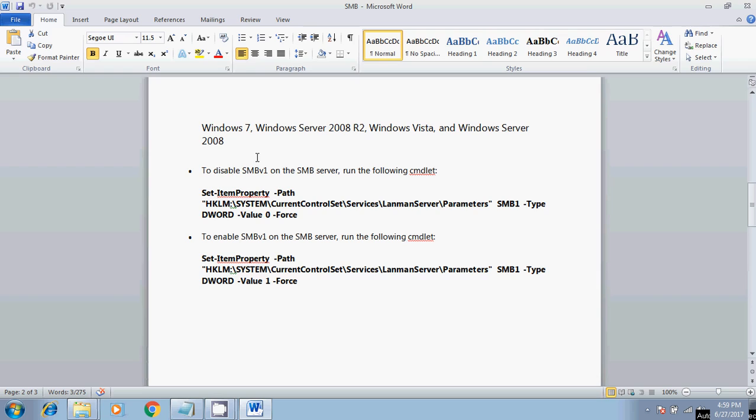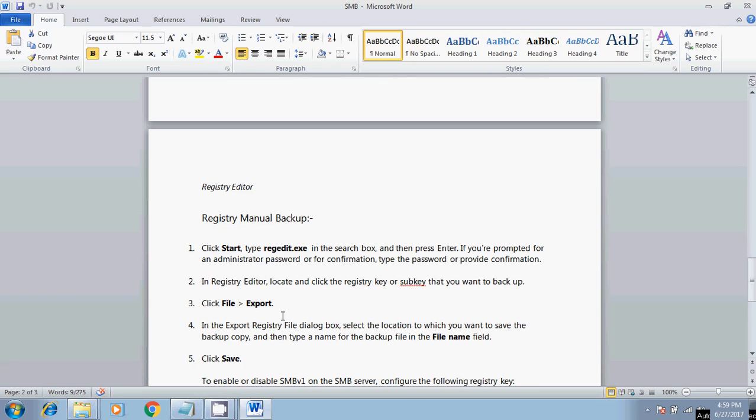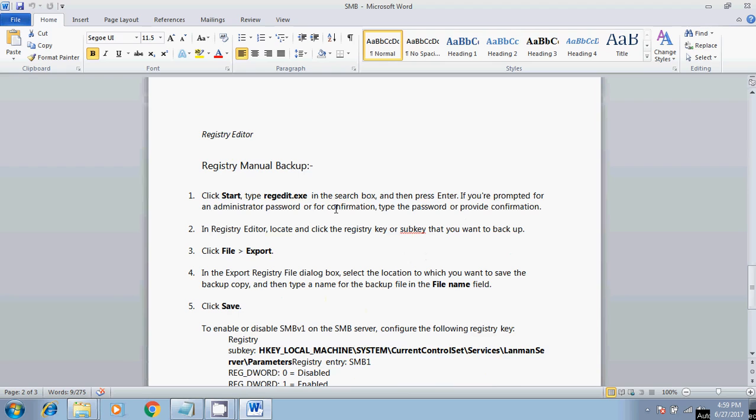To disable on Windows 7, Windows 2008 R2, Vista and Windows Server 2008, you need to run the below commands in PowerShell. And the same way, if you want to enable it again, you need to run this command in PowerShell. And through the registry,